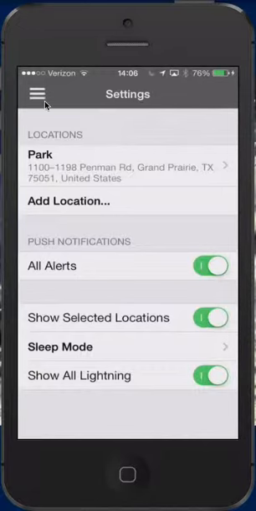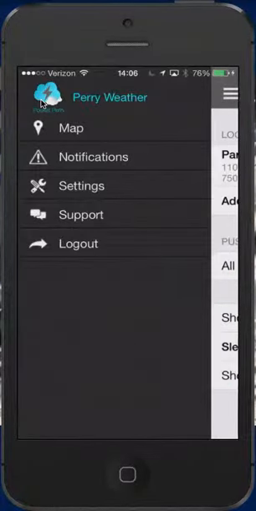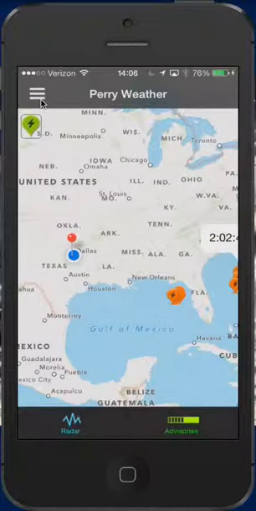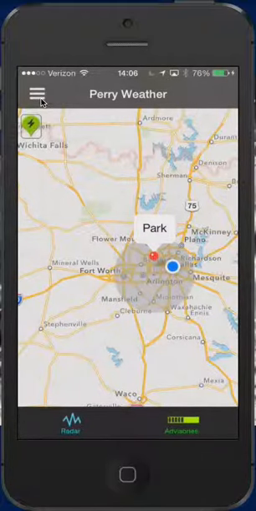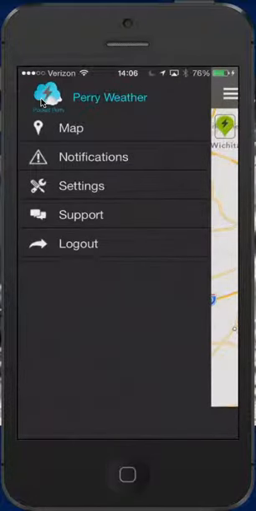So let's click this button in the top left hand corner and go back to map and see our location. We see that location park has been created with the 25-mile radius. And then let's just make sure that we go through one last thing, which is our notifications tab. So if we click that, there's nothing there obviously because there's no strikes, but